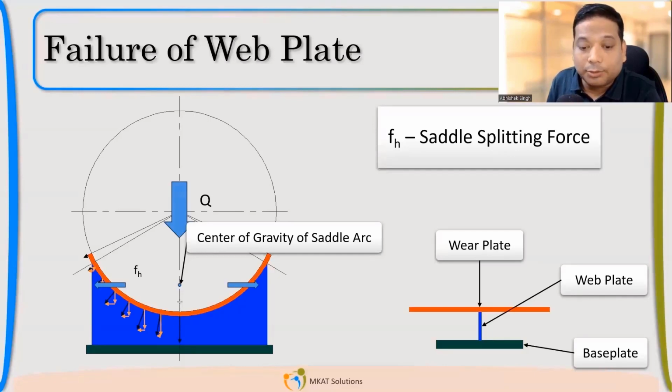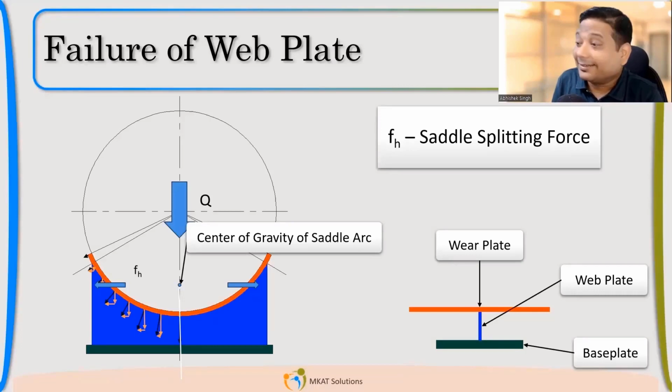So at this location, this white marker, it will try to split it from this. It's trying to split. So definitely, due to this vertical load, there will be compressive stress. But in the web plate, the governing criterion for this design is the splitting force. We'll be taking care of that vertical tensile force also, compressive force also. But the governing criterion is the splitting force, which first of all, it will create a